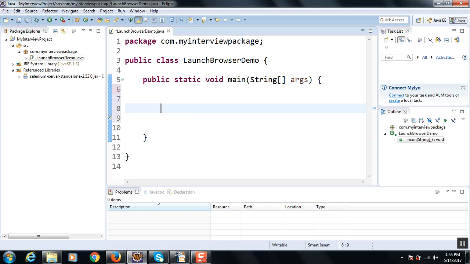It's better now. Okay, so this is the main method, and I'm gonna tell you one more concept. In any Java program or in any Java class, when we execute that code, the first entry point is the main method. So in any Java programming, main method is the entry point for the compiler or the JVM. Okay, now the question was how to launch a browser in Selenium. Okay, so for that, what I'm gonna do is I'll create